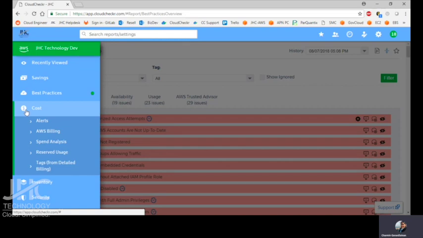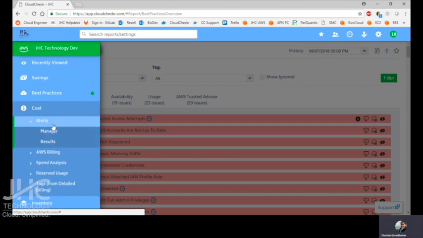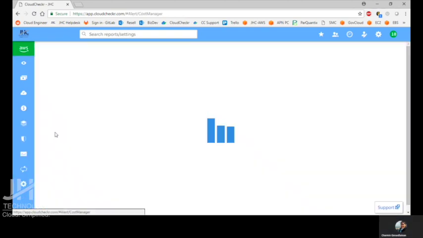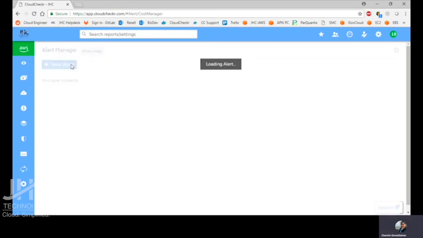Moving on to the main module of this demo, which is the cost module, which has different functionalities like creating alerts, pulling some reports, and different kinds of custom reporting. So let's get to creating alerts. So you can create an alert,